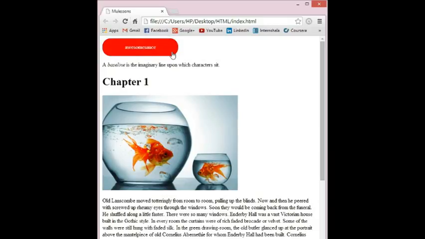You can see here that it took 0.2 seconds to change into the red color.